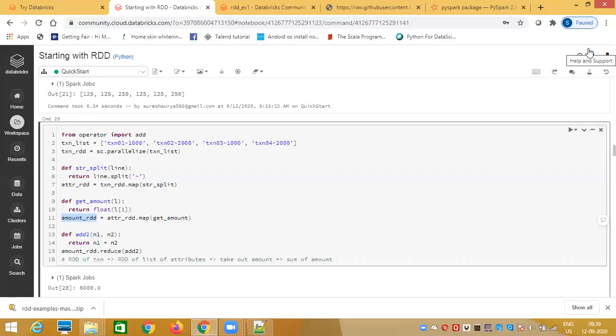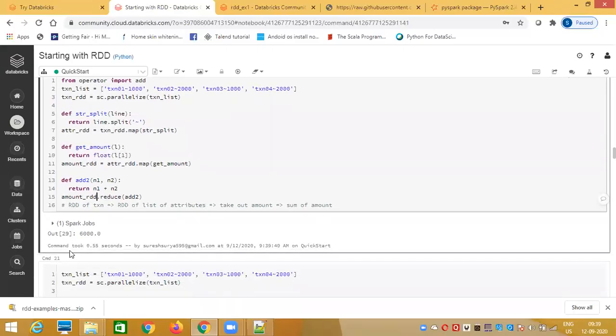Then, if you don't give the addition of this, it was giving you the result as 1,000, 2,000, 1,000, 2,000, only the amount. So for this particular L of 1, if I consider it a key-value combination and the value is taken out, I'm not getting that point, like how it is getting out that value.